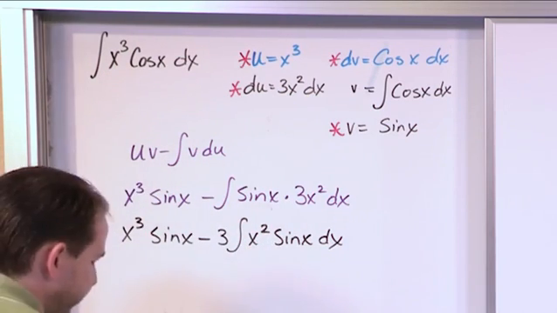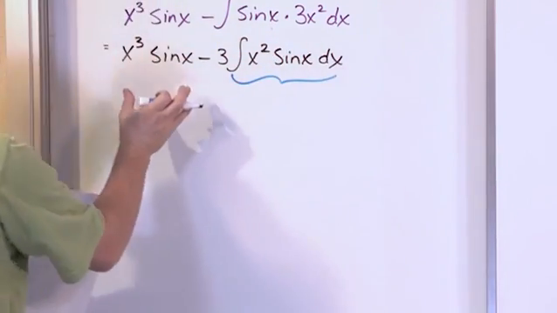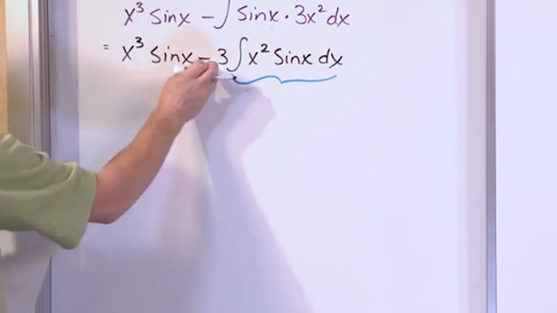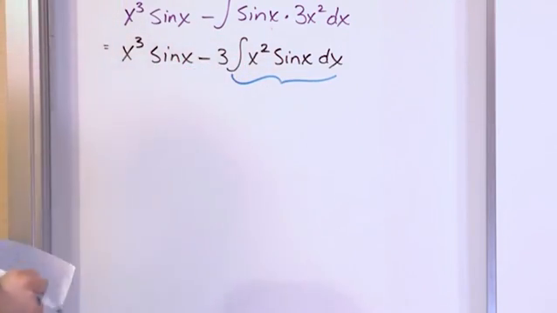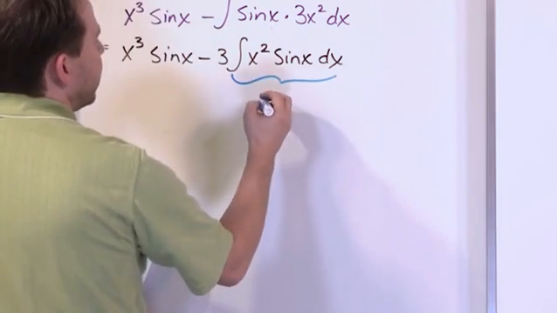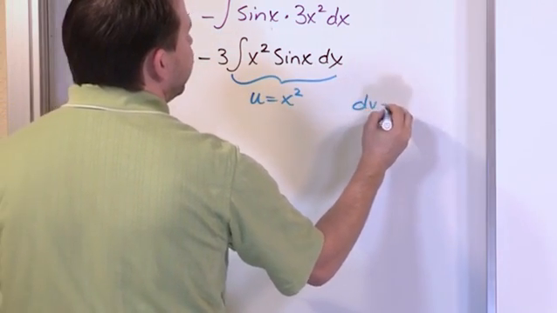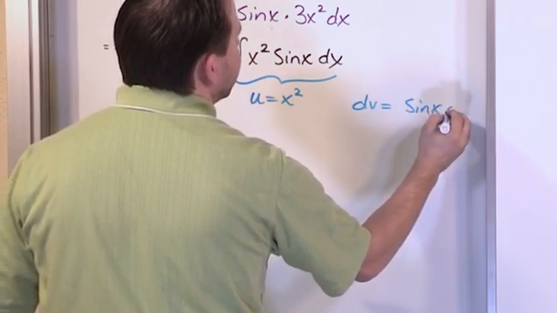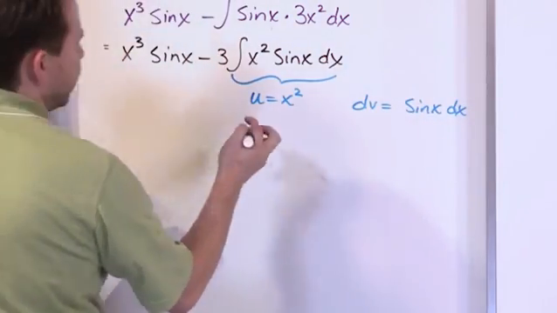Okay, so now what we need to do is focus our attention on this integral. Notice that we have this as part of our final answer, minus 3 times the answer to this integral, so don't forget that your 3 is out in front here. But we need to focus on this. So I think we have enough room to do this integration by parts. We'll set u is equal to x squared. We'll set dv is equal to sine of x dx. And so what we'll have is du